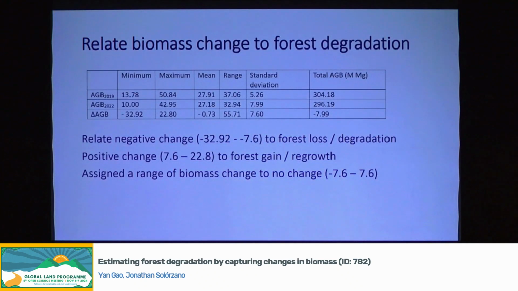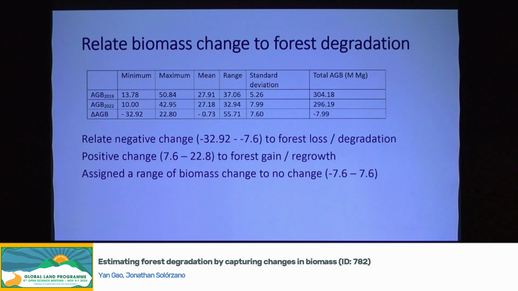And here are general statistics of the biomass change map we obtained. We relate the negative change to forest loss or degradation, and positive change, especially more than 7.6 tons per hectare, to forest gain,